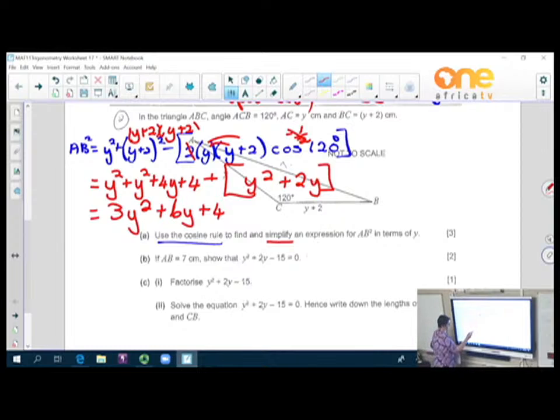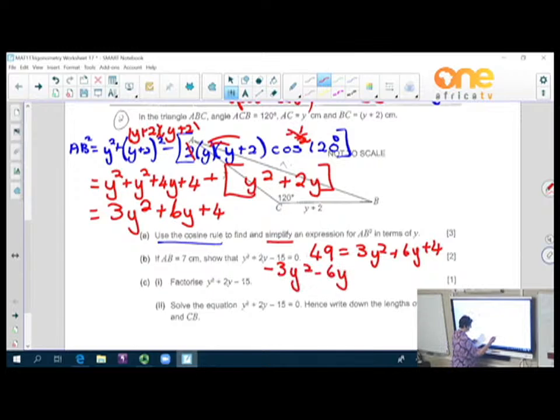Now here at B they tell you AB is 7. So now I'm going to square that 7, which makes it 49. So then I have 49 is equal to 3y squared plus 6y plus 4. If I bring it over now, it is negative 3y squared minus 6y plus 45, which is equal to 0. And then if I divide everything by 3,